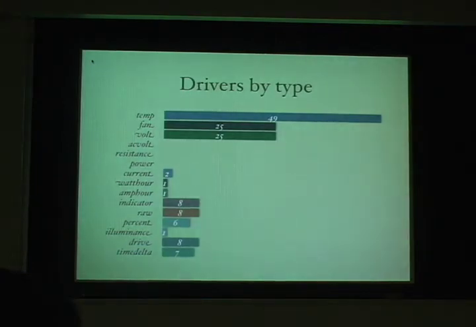And from this chart, you can see the distribution of drivers by type. For example, 49 drivers provide temperature sensors, and 25 drivers expose fan sensors. This list is non-exclusive, so some drivers expose temperature, fan, and voltage sensors. The most popular type that sensor drivers expose is the temperature sensors, with 49 drivers. The next are the fan and voltage sensors, exposed by 25 drivers. Afterwards, you can see indicator, raw sensors, and drive